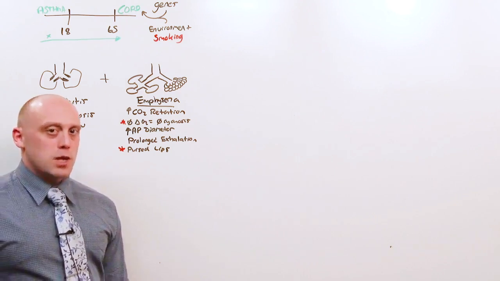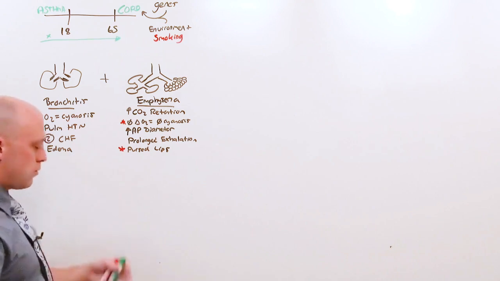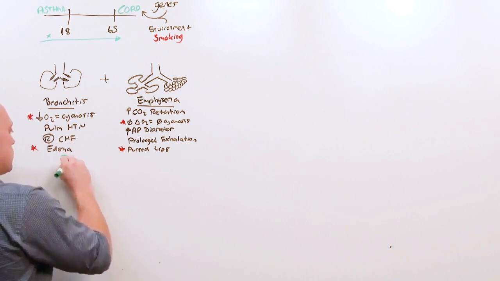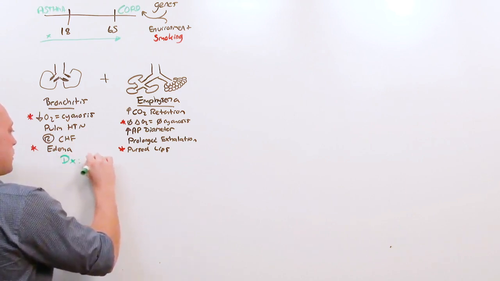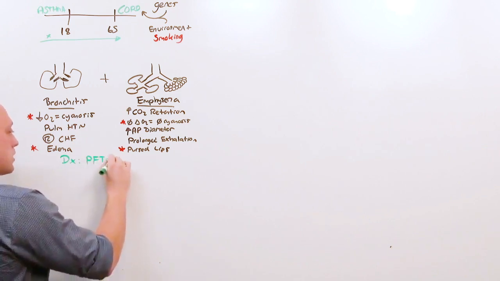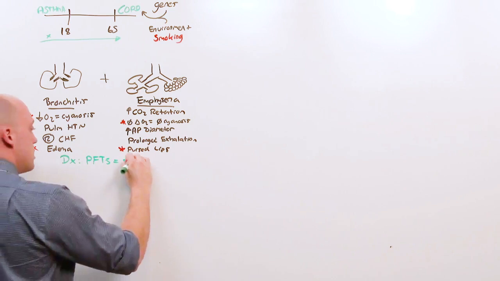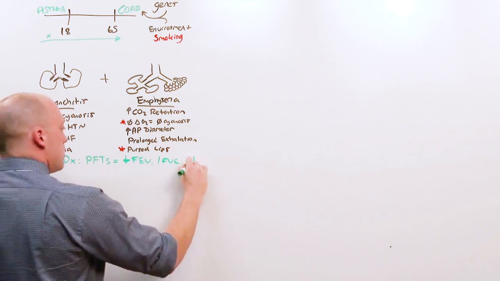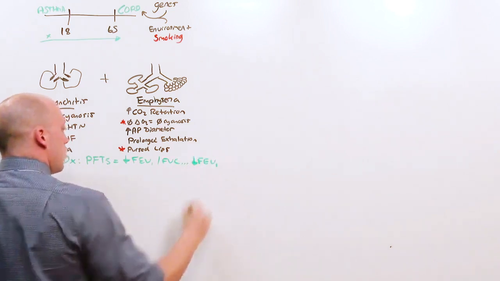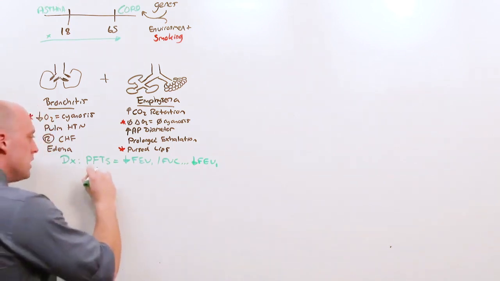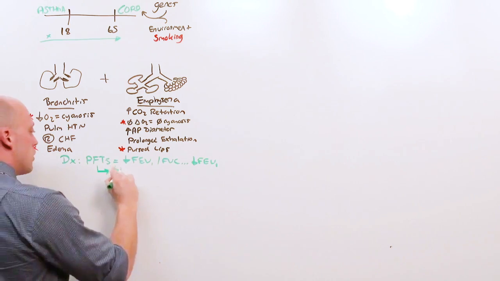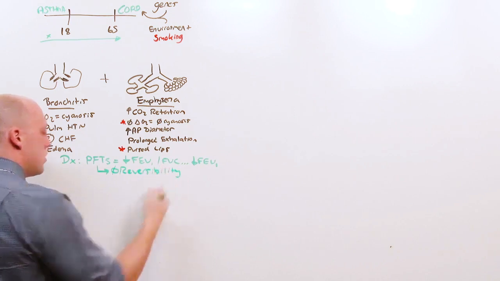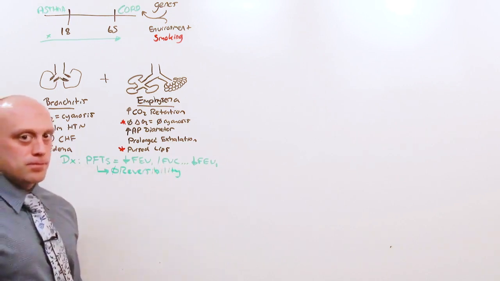So if you see somebody who's got obstructive lung disease and has elements of emphysema and bronchitis, you want to make the diagnosis. The only way to make the diagnosis of COPD is with pulmonary function tests. And because it's an obstructive lung disease, as we learned in asthma, you'll see a decreased FEV1 over FVC. And the worse the FEV1 is, the worse the COPD. But unlike asthma, there is no reversibility. So you should not be ordering a methacholine challenge.